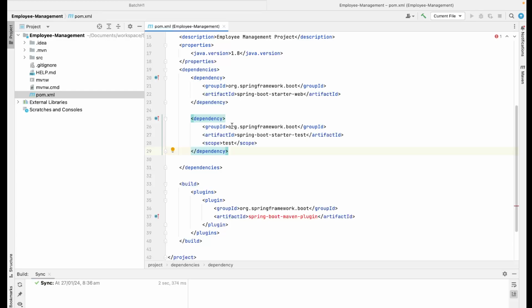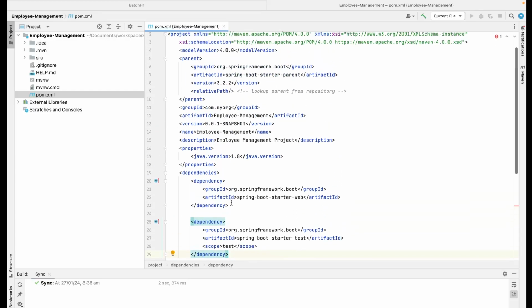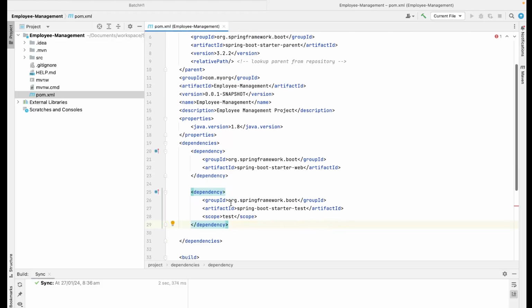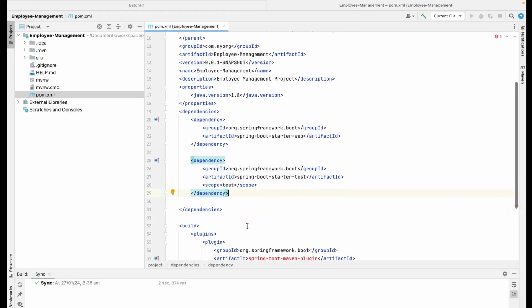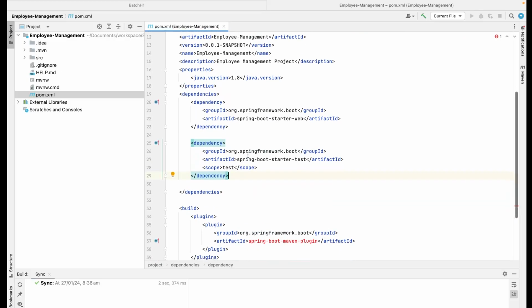So we have modified one thing, the Java version here, and we have also added Spring Boot starter web here, and we also need some kind of